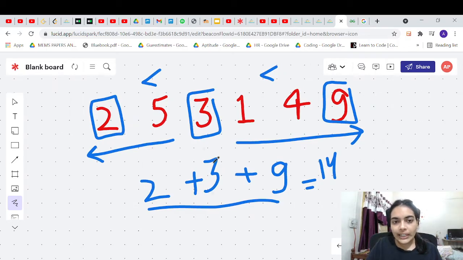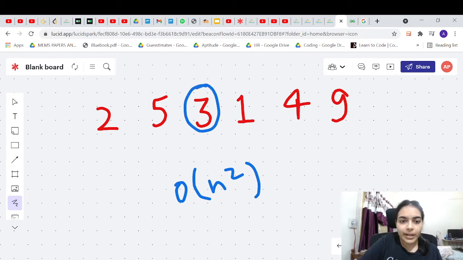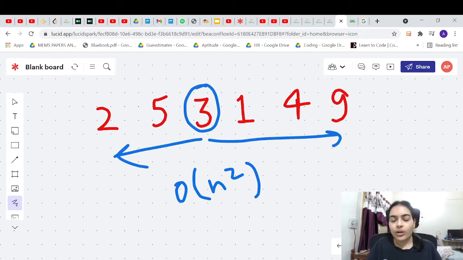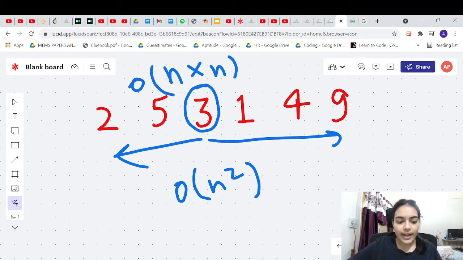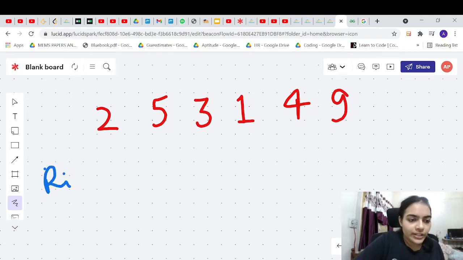Okay, but again, in this case, what will be the time complexity? The time complexity is going to be O(n^2), right? Because for each element, you are iterating over the entire array once completely, right? Because you are going to the left, to the right. So for each element, you are iterating over the entire array once, so n times for all the n elements. So it will be O(n^2). But can we do something better than this? So the best solution in this case is O(n log n). And what is that solution? See, the solution is simple. Okay, let's discuss that solution, which is O(n log n).